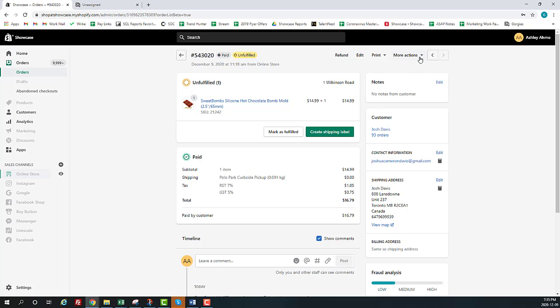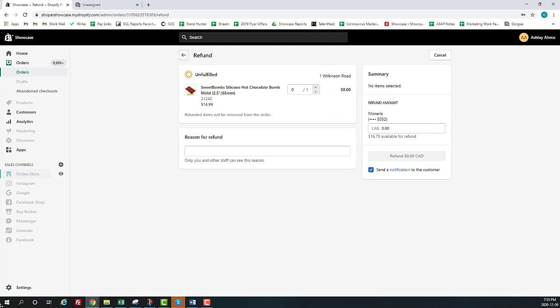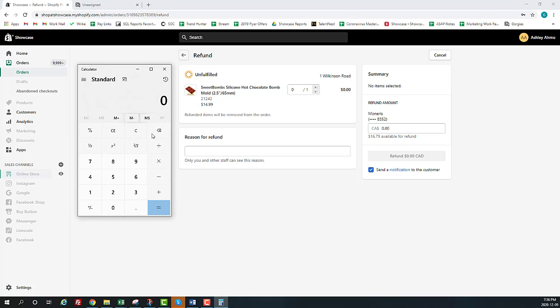So we're going to click on more actions. Nope, sorry, we're going to click on refund. And this is going to bring up a place where you can actually give a credit. And I'm just going to grab my calculator here and bring it into your view. So here's my calculator. So Josh has paid